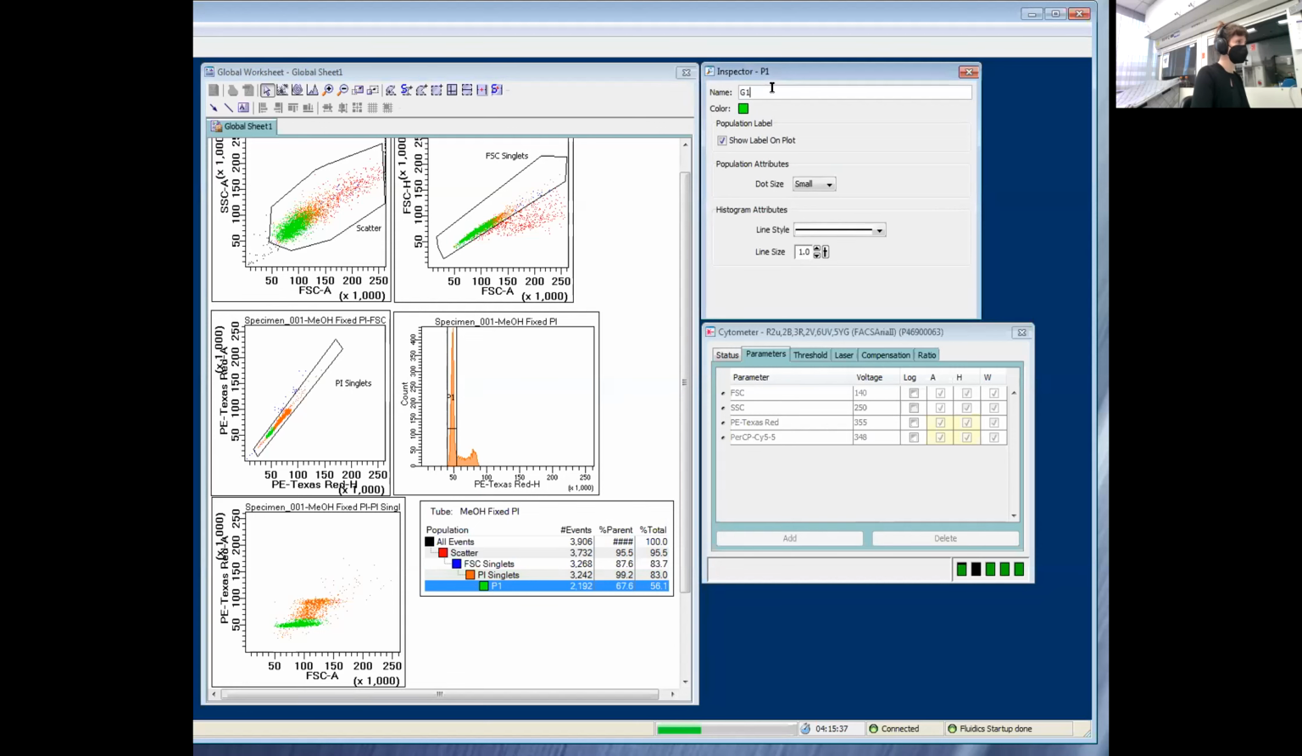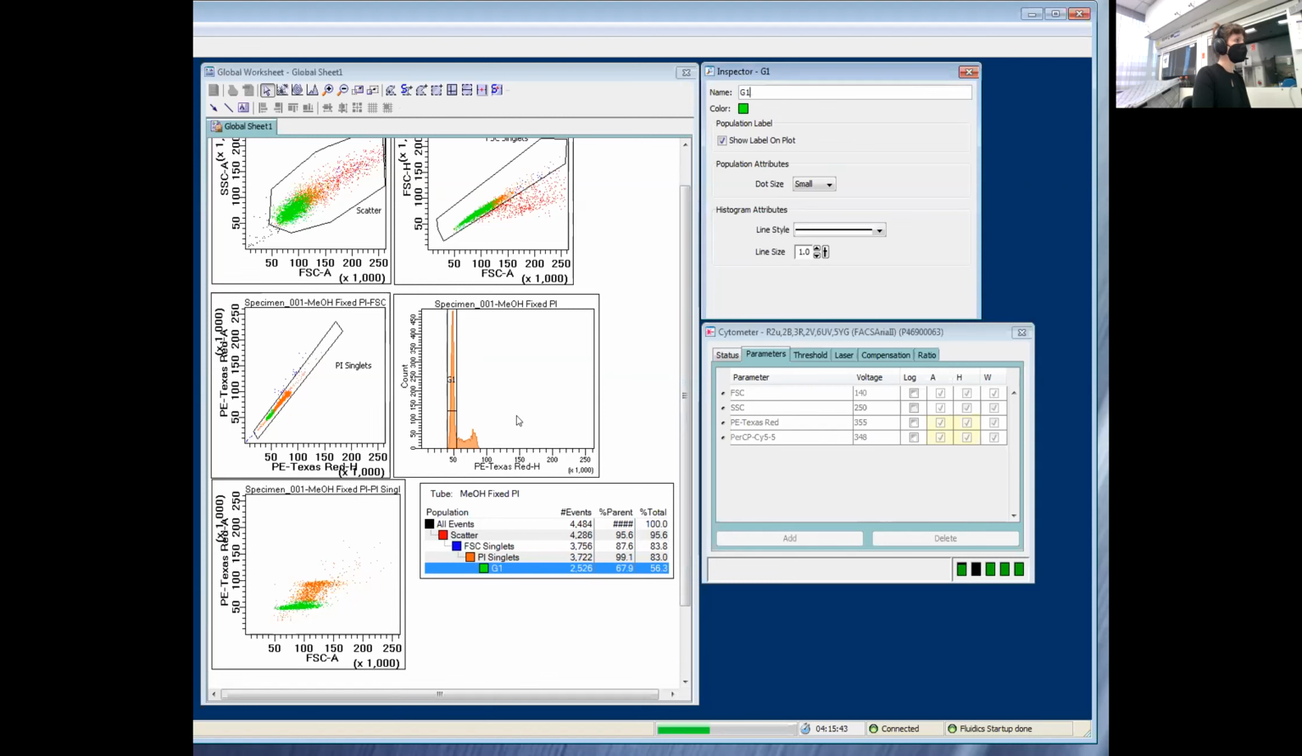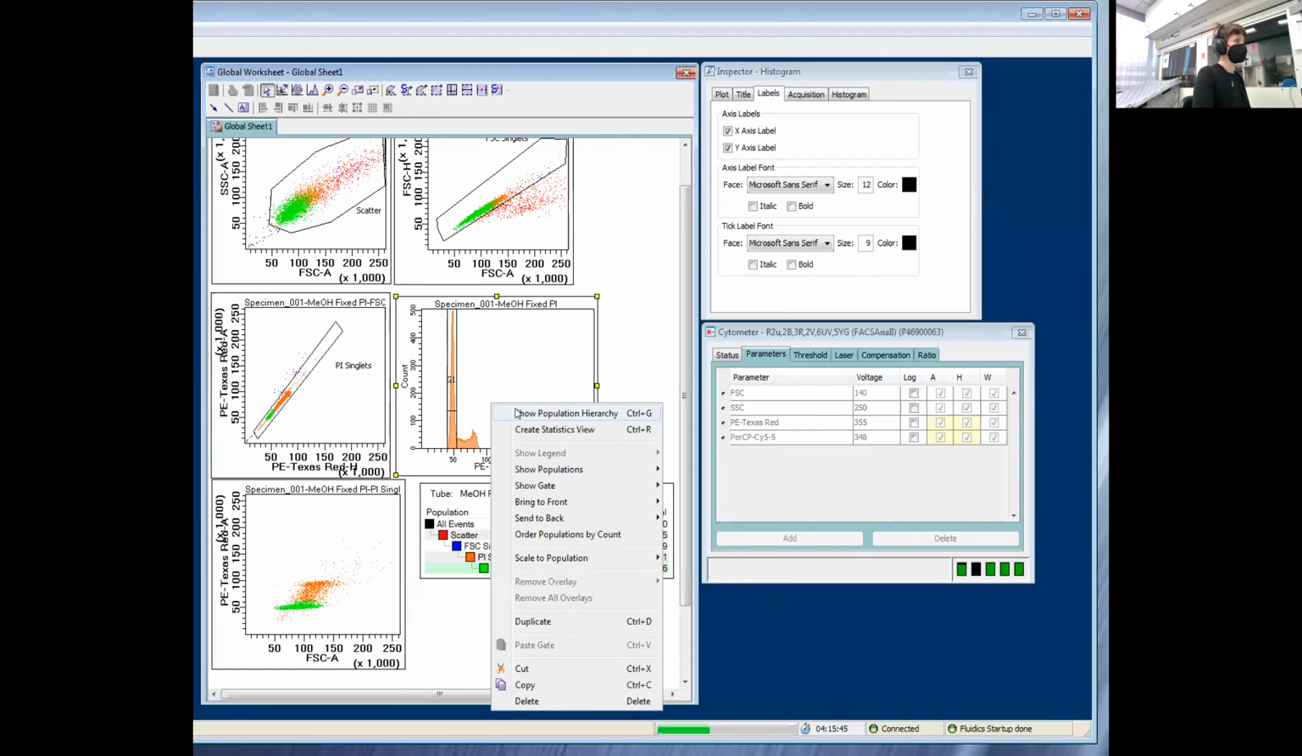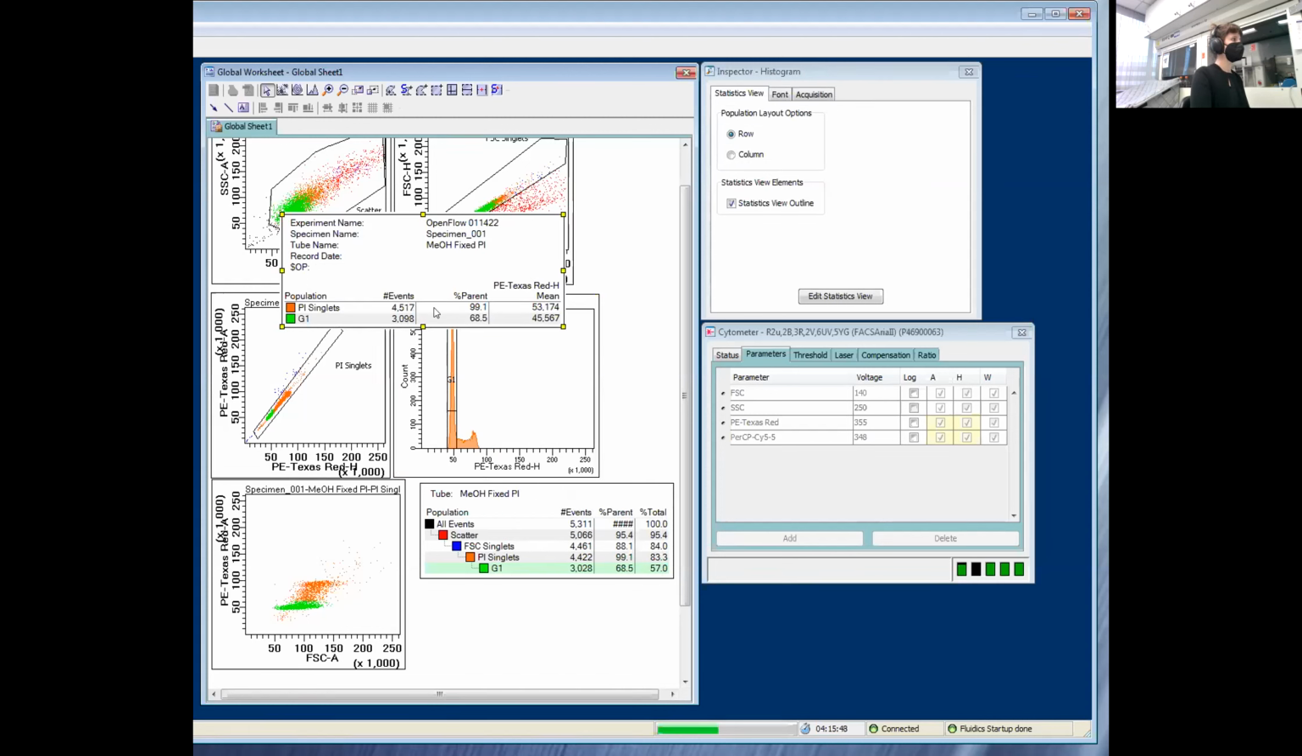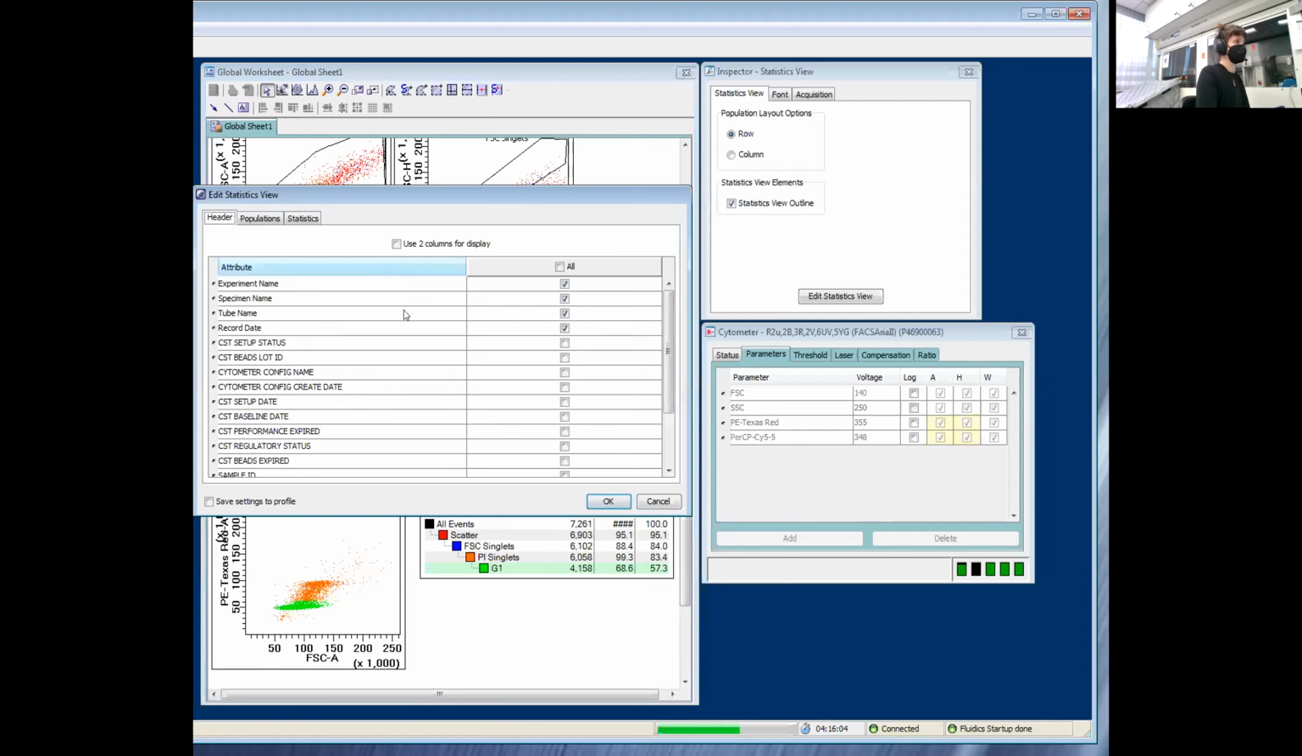Let's call it G1 to make it easier for ourselves. And I can right click on any plot and create a statistics view. When we do that, it comes up with a random set of statistics based on what it thinks you want. That does not mean that that's what you need to look at. We can modify that. So if we right click on this statistical view and edit the statistics, what I tend